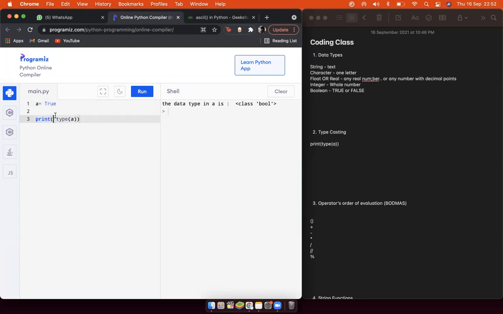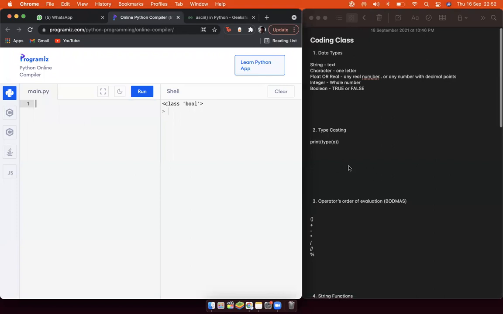When you write type, you're asking for the data type, then you put another bracket and write the name of the variable. If the name of the variable was something else, you'd write that over here, run it, and it'll tell you. So this is your typecasting.